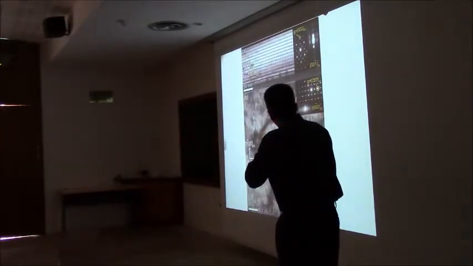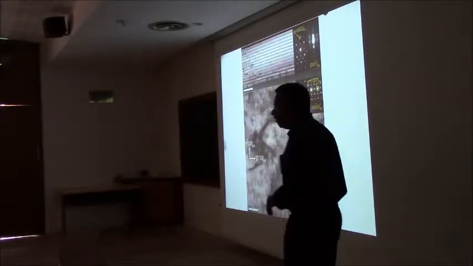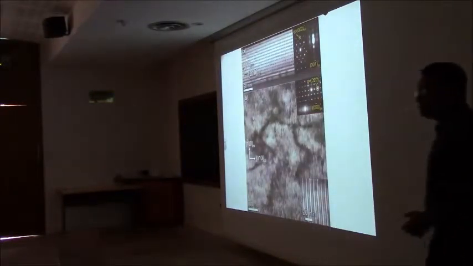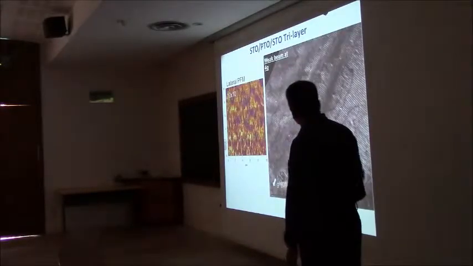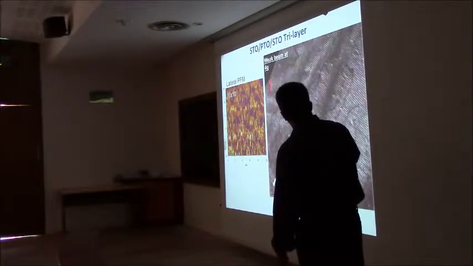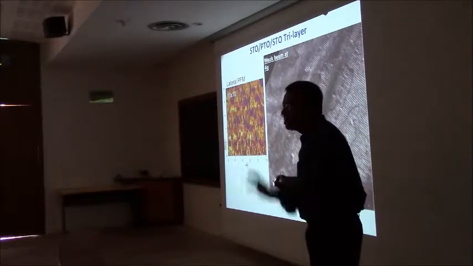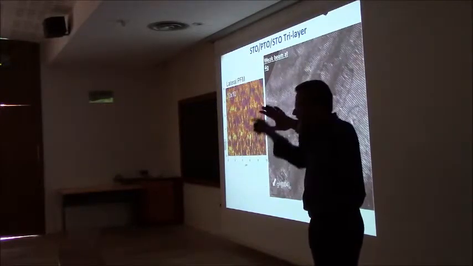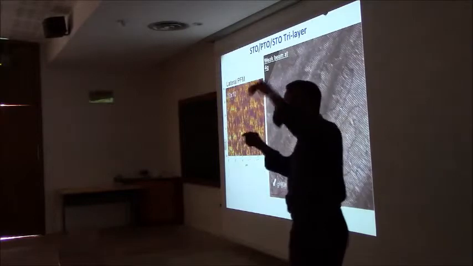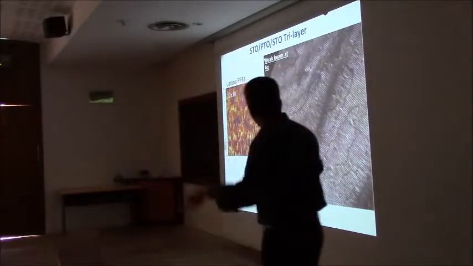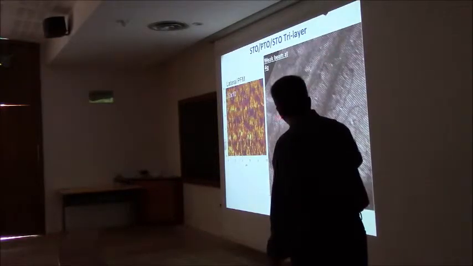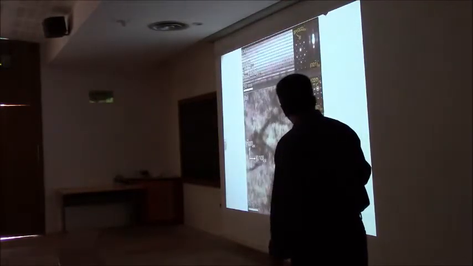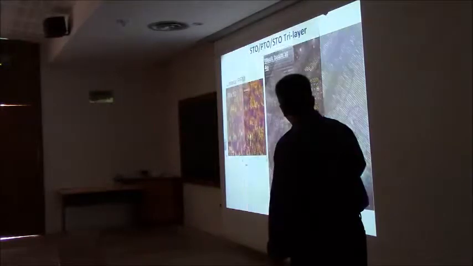Now you can see there's contrast here, and for a while we didn't understand what those were, and we just figured out what they are, and I'll come back to it at the end of my presentation. You can look at structures. This is now a tri-layer structure. We simplified our superlattice by just growing 3 layers. Strontium titanate, lead titanate, strontium titanate. In this case, it's a 10 by 10 kind of superlattice. And you could see these boundaries very well. These are the same boundaries as these guys, but much better defined.